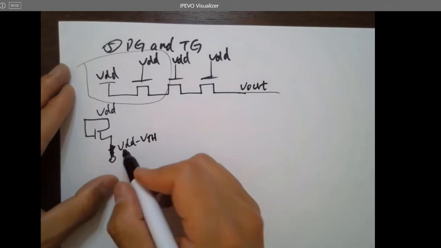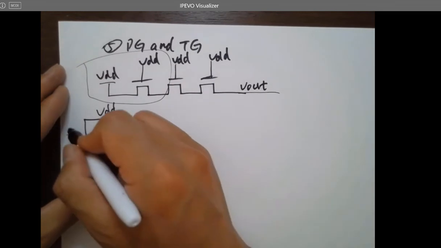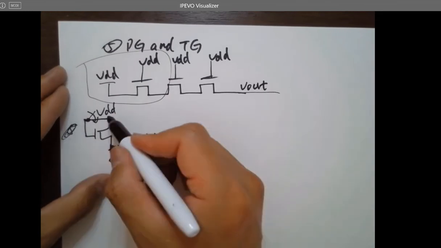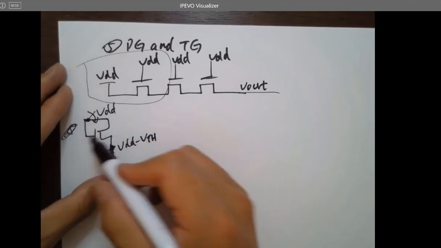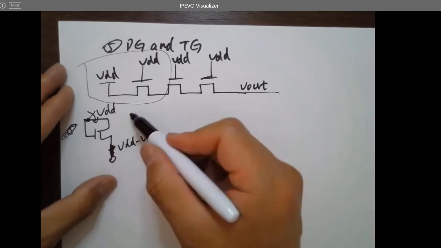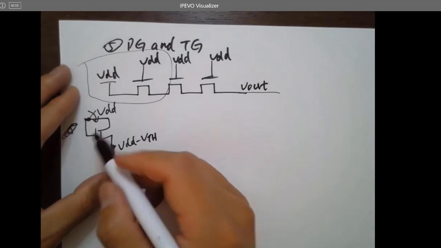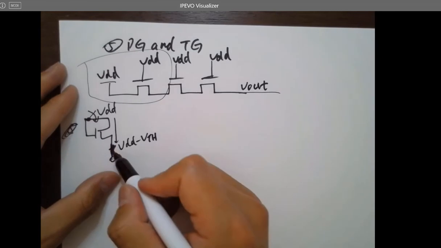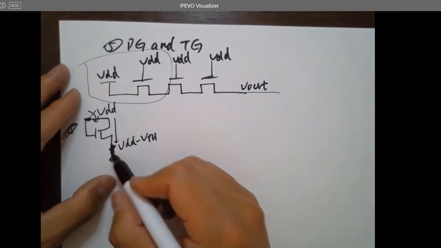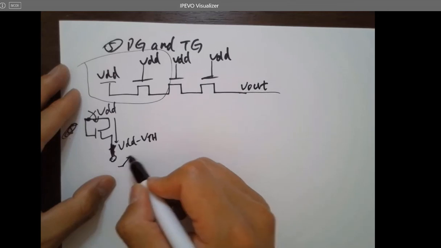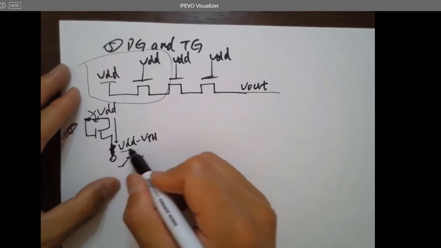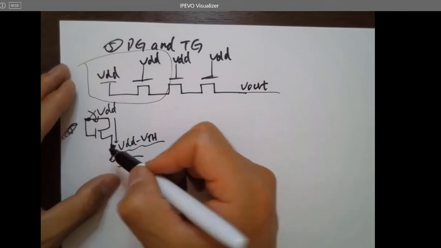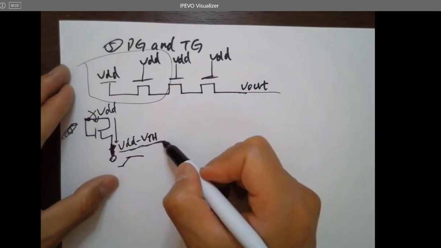The reason is, for example, there's a switch here, right? You just close the switch, you're trying to turn it on. At the same time, this is going to turn on the channel gradually. It takes some very short time, but it still takes some time. And so the charges from VDD will be dumped to this terminal, and it's going to charge up this terminal. So the voltage will start rising, right? Whenever it reaches this voltage, it cannot rise anymore. The reason is the channel will be switched off after this voltage, because the